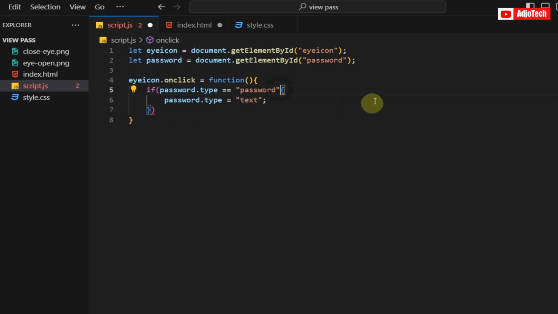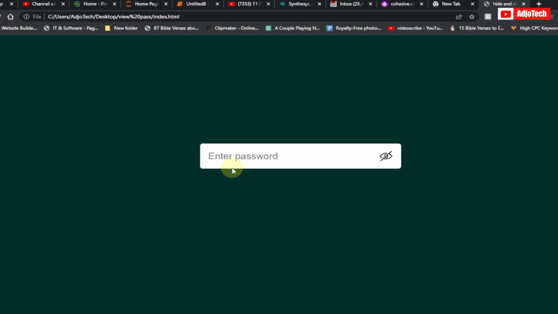I left something here, so I need to close this and delete this from here. Okay, I think that is it. Now else, we want to do something else here. So else, we're going to say password.type is equal to password. Okay, so basically this is what I want to do, and let's go back to our page, reload this, and then enter our password. Ordinarily if you enter a password, it's not supposed to be visible. And if I click on this, you can see